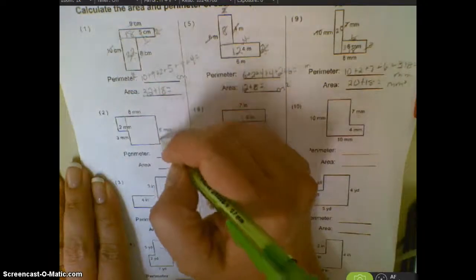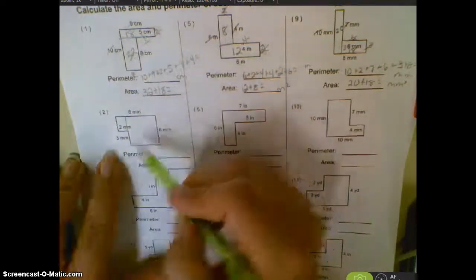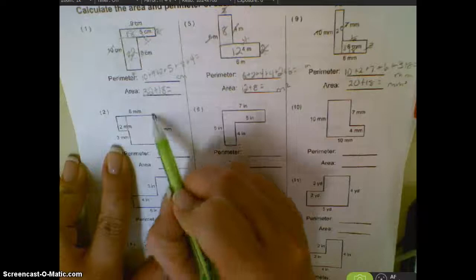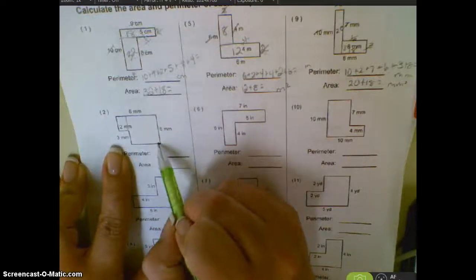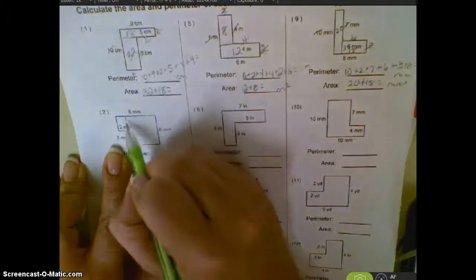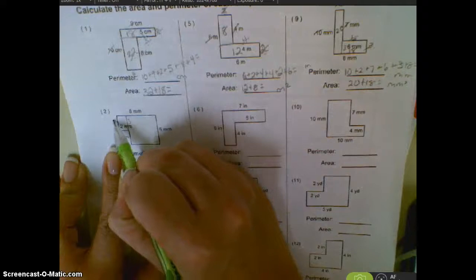This one is, let's see if we can do some figuring this way. This is 6, the total length is 6, and this is 3, so then this segment right here must be 3, which means that's also 3. I still have not figured